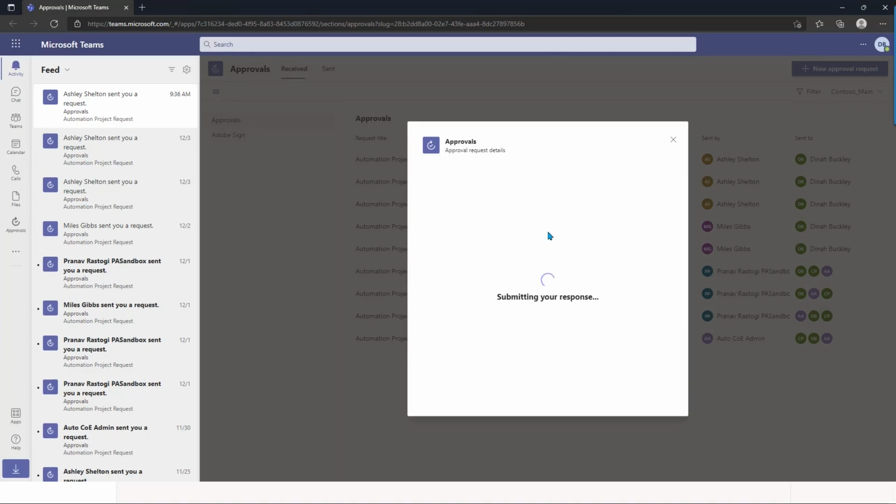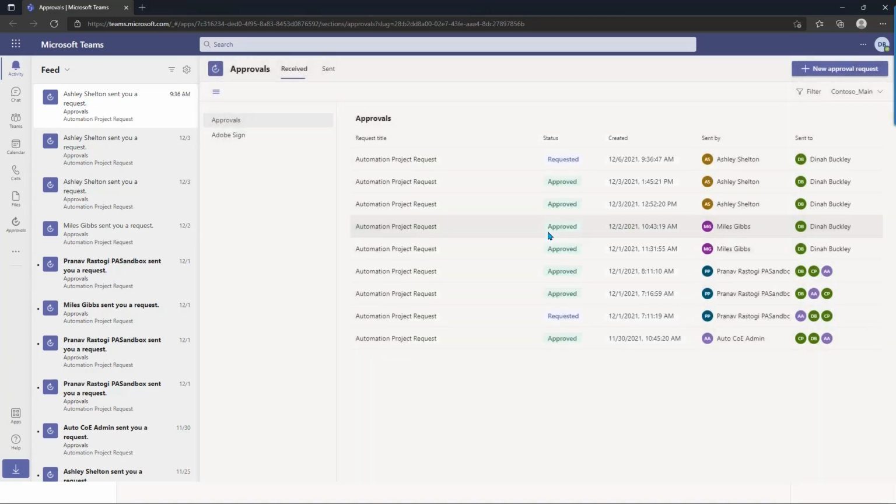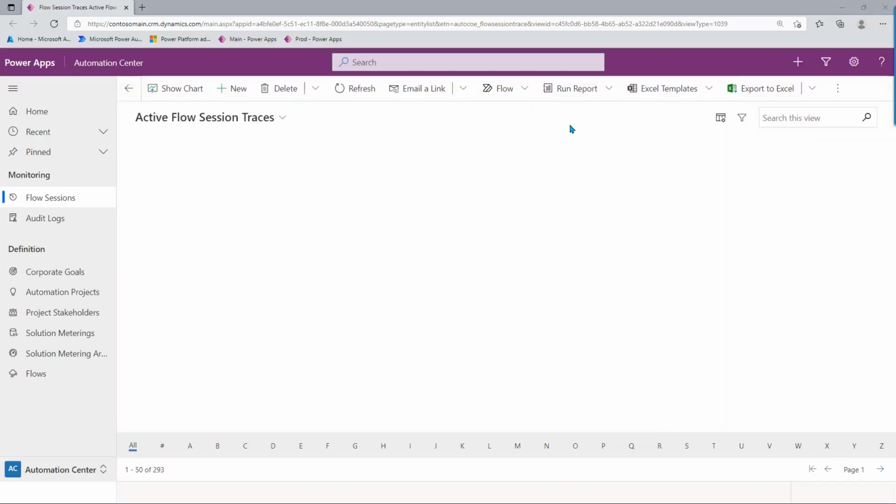After it's approved, I'm going to switch over to the COE admin, and the COE admin is actually going to map this project to an environment, and we'll get to there. So I'm going to switch over to the automation admin. So now I'm switched over to the automation admin,